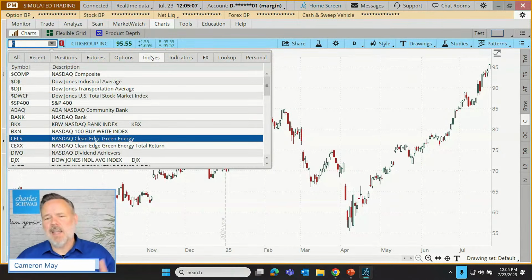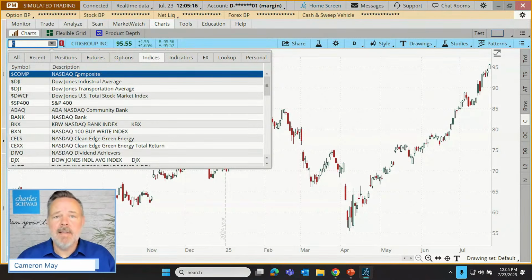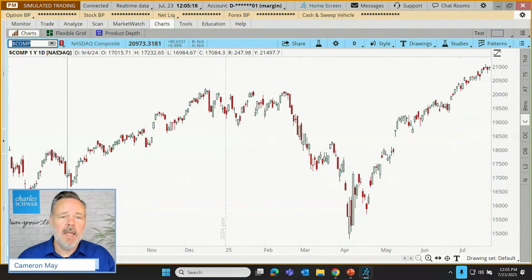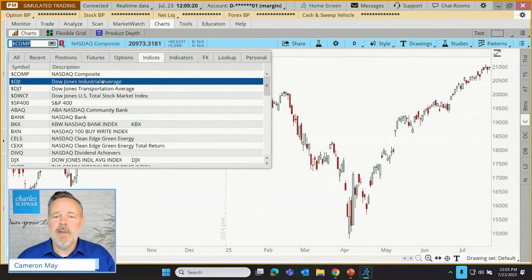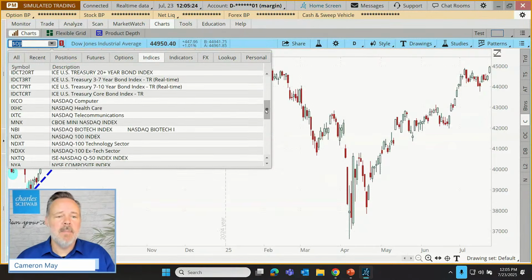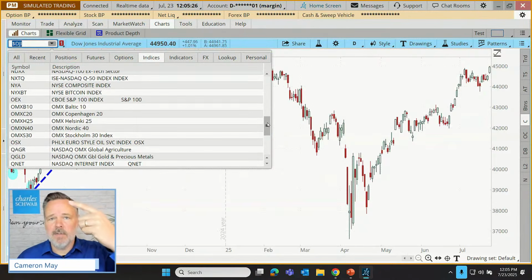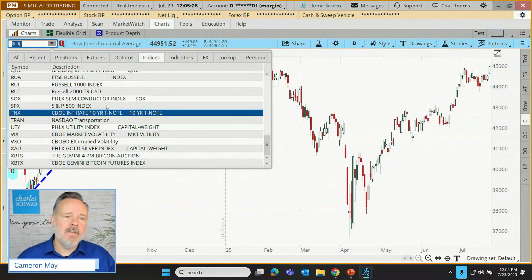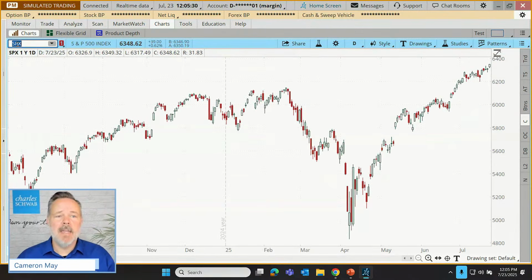If a trader is just trying to get quickly acquainted with what's going on with the markets, they might just click on the little drop-down menu, go to the Indices tab. Right here at the top, we can see the NASDAQ Composite. That can be loaded quickly. Or we could go to the Dow Jones Industrial Average. Or if we scroll down a little bit further down the list, we'll find the S&P 500. As a matter of fact, what I'll typically do is just zip right down to the bottom. And there it is. Of course, if we know the symbol, we could just type that in. But I wanted to make sure that everybody's familiar with those sorts of little navigational tips that we don't always discover immediately.